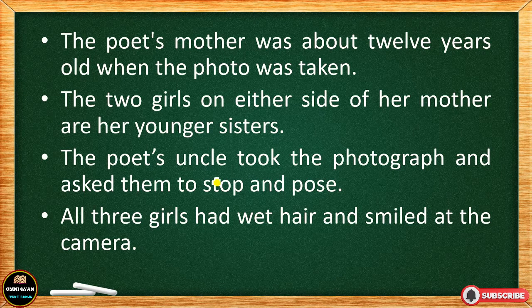So the photograph was taken. All three girls had wet hair and smiled at the camera. So what do we do when we look at the camera? We always smile at the camera while taking a photo. So in the same manner, all the three girls, including the poet's mother, had wet hair because they